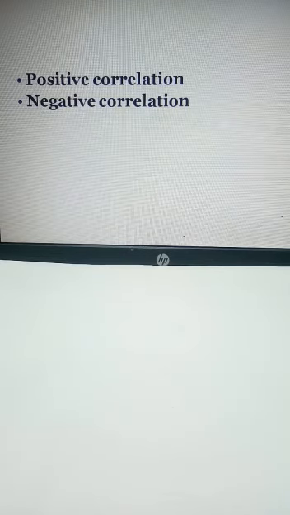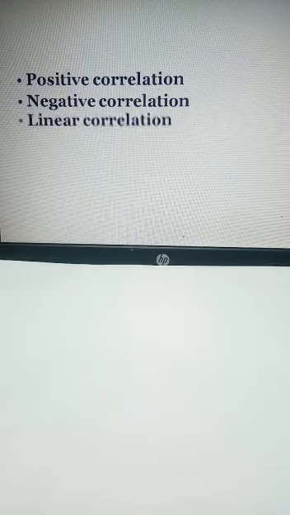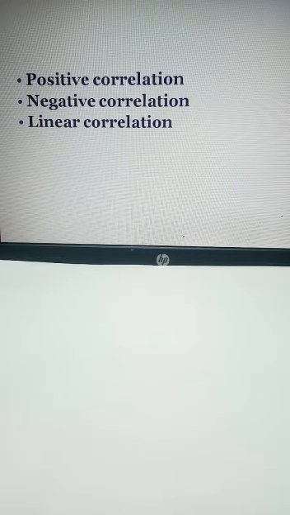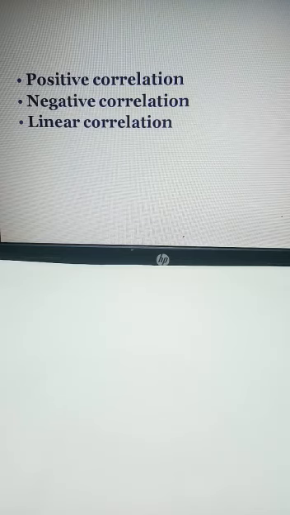Besides that, there are other types of correlation which explain the value of correlation, like the linear correlation. Linear correlation is when the amount of change in one variable brings a change in the other variable but the ratio remains constant. If one variable is changing, it brings a change in the other variable but the ratio remains constant, it will not change. That kind of relationship is known as the linear relationship.